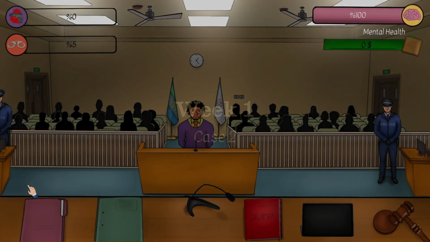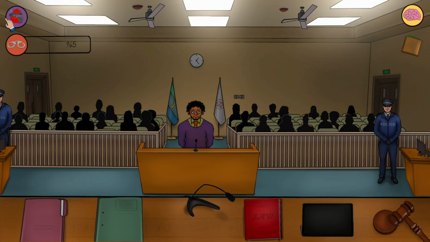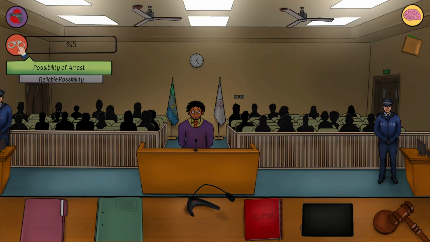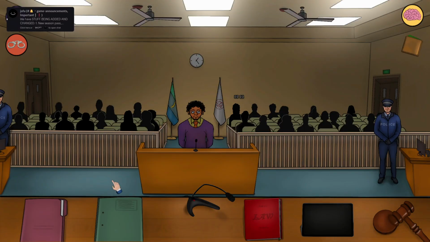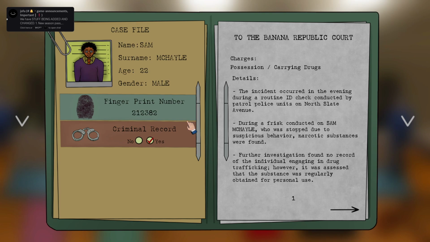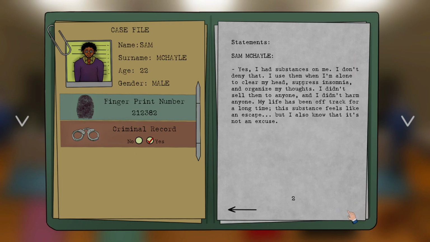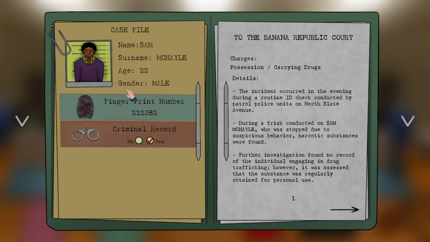Week 1, case 2. Alright, let's get it. Also believe arrest 5%. Why did that go down? Okay, let me see. Criminal record. He does have a criminal record. Okay. How many pages does this have? I don't like reread too much, obviously. Alright, charged with possession of carrying drugs. The accident occurred in the evening during a routine ID check